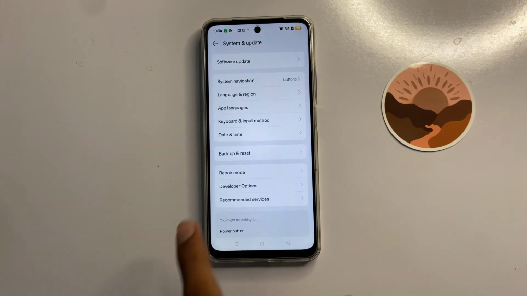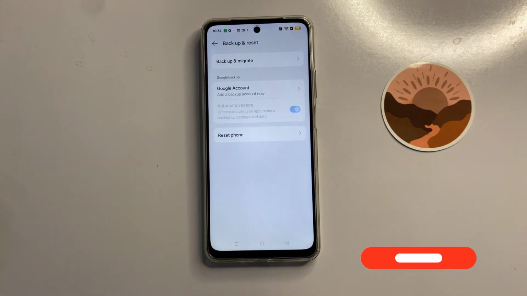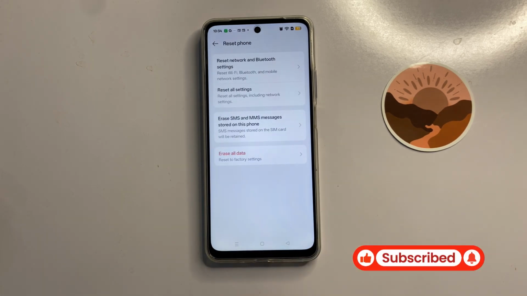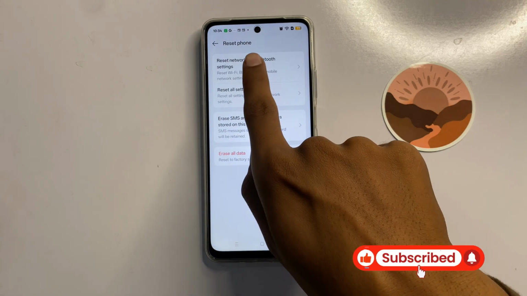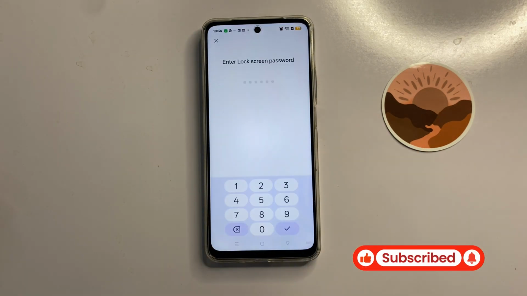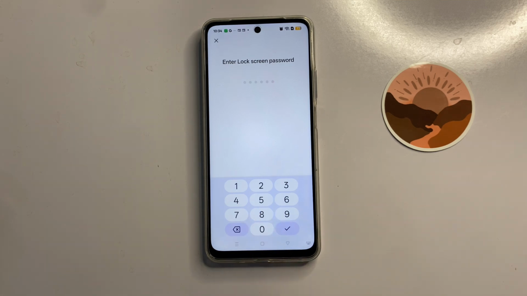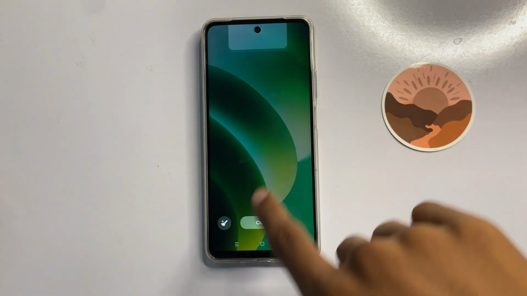update. Now click on backup and reset and click on reset phone, and here you can see the option reset network settings. Now click on it and here enter your password to reset your network settings. After resetting the network settings, your problem will be